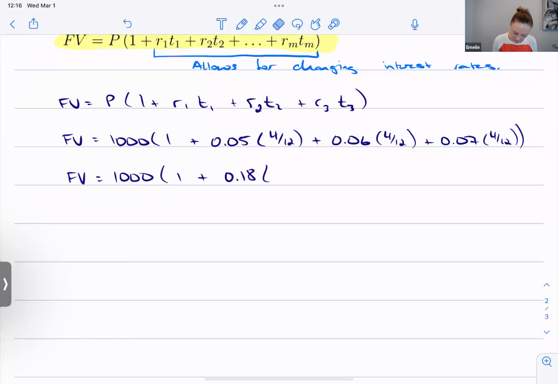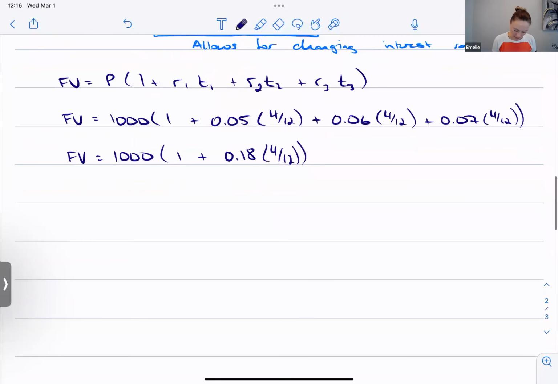You don't need to do this step, but it just makes it a little bit cleaner to look at. I'm just checking my math here. Yeah, okay, good. And so the future value is 1,000 times